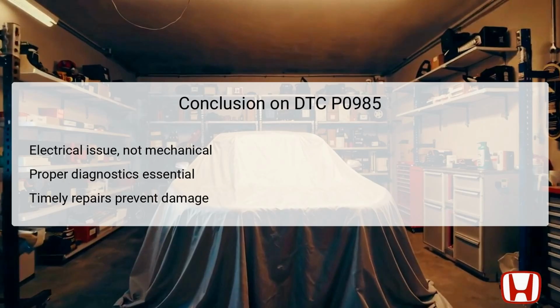Employing a structured diagnostic approach using tools like the Honda Diagnostic System, HDS, ensures accurate identification of the fault source. Timely repairs following these diagnostics are crucial to preventing further damage to the transmission system, which can incur costly repairs. Adhering to preventive maintenance guidelines will help maintain the vehicle's performance and reliability, ensuring a smoother driving experience and